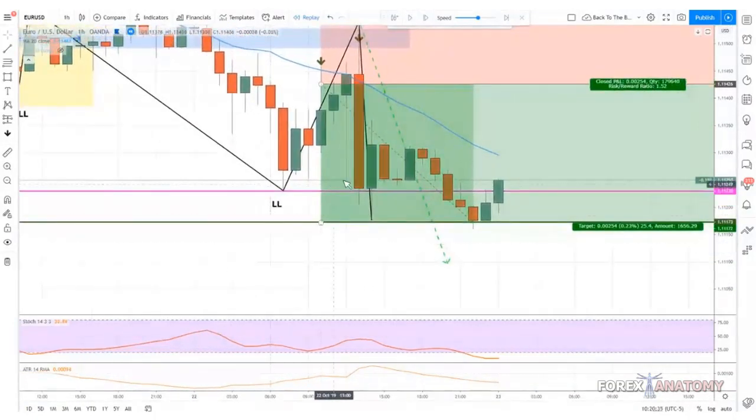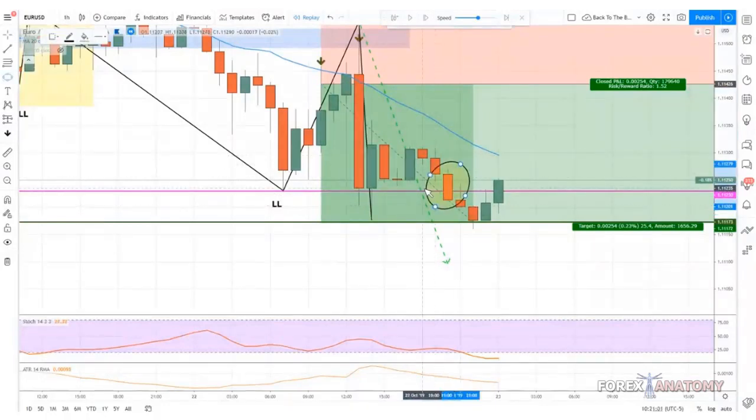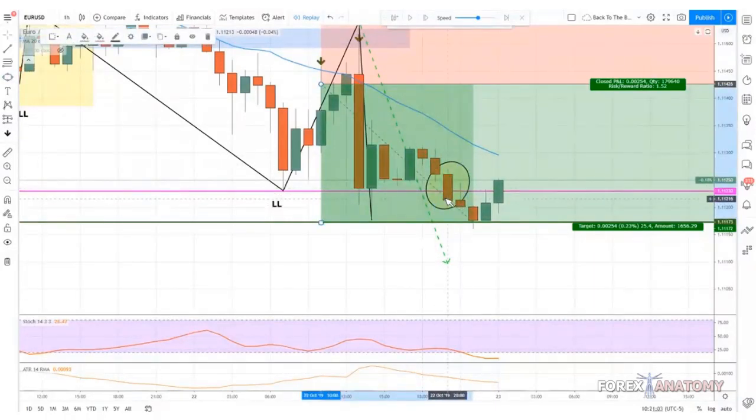Remember, in order for us to know what the true wave is, it has to create a lower low and a lower close. Just because price created a lower low doesn't mean anything. What you need to see is a clear close below this low. So when does that happen? That happens for the first time right when we get this candle right here, when price closed below it. Remember, we have to see the candle body close below this level, that low point.